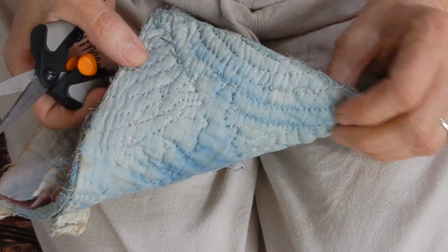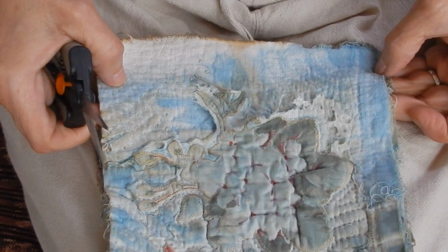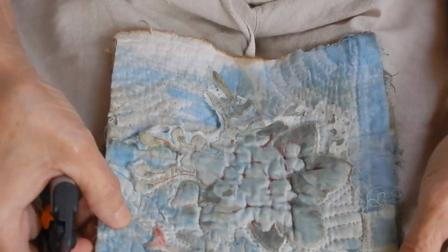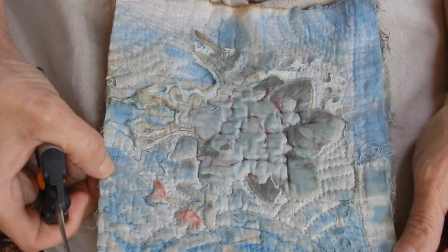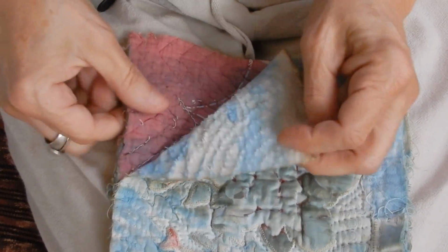And I did some of my own hand quilting on it, and I mended it and patched it. To make a long story short, I dipped it in the indigo vat to try to save it, and well, it was just so tattered. And I've started to pull the layers apart,